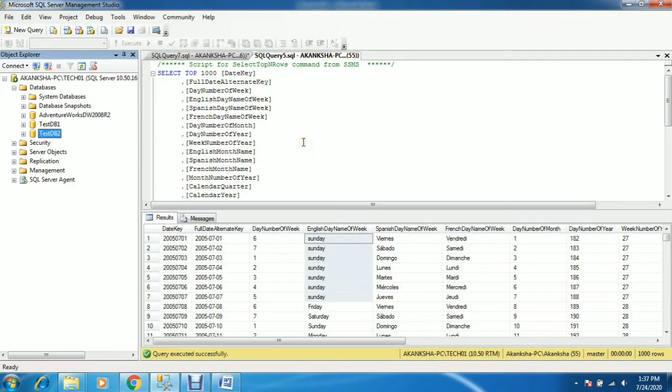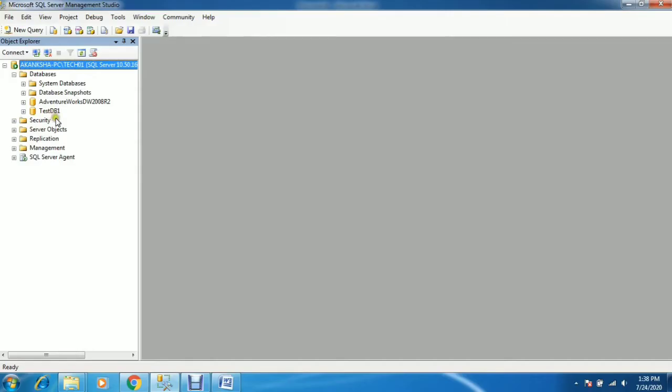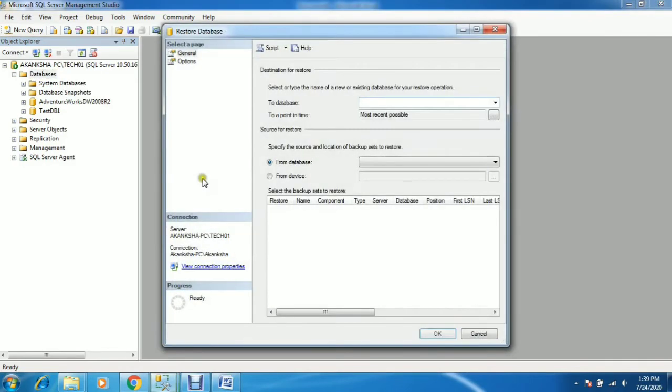Now we'll delete this database manually. Right click and delete it. Refresh the SQL instance, and now the database is deleted. Now we'll restore it again and see whether the record is updated or not.